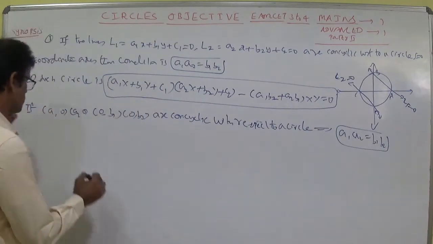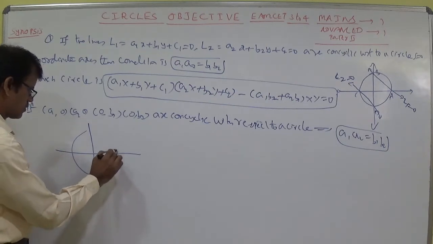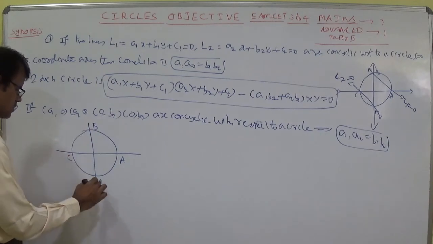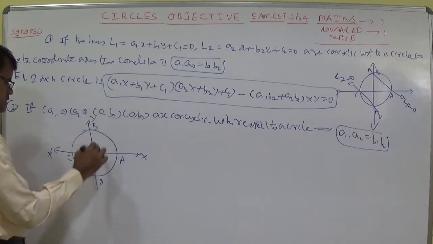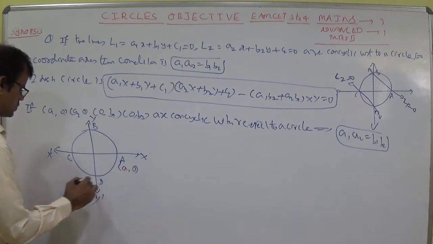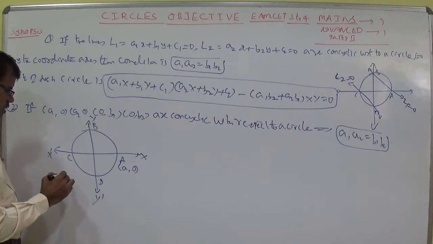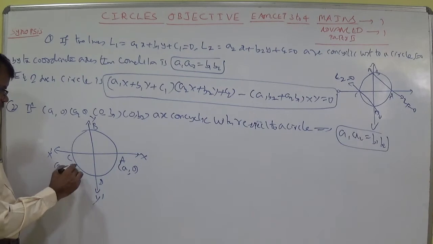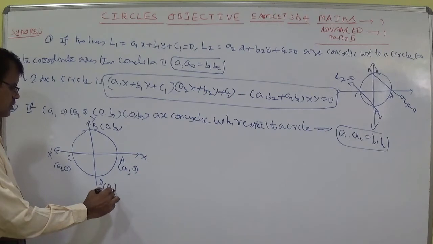The points, draw the diagram like this. Here put capital A, capital B, capital C, capital D. This is x axis, this is x dash, and this is y axis, and this is y dash. Put here A1 comma 0. Because it is on the x axis, simply put A1 comma 0. Here you can put A2 comma 0. Here B is there, 0 comma B1. Here it is 0 comma B2.